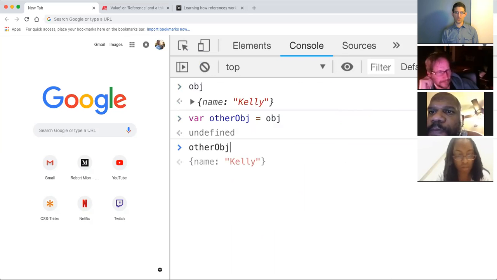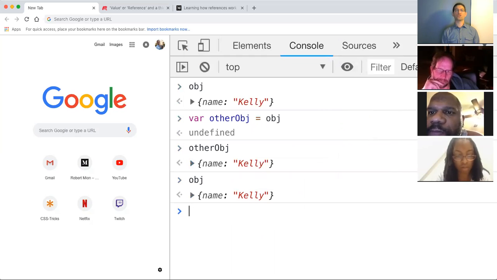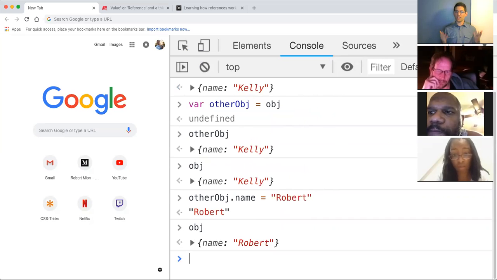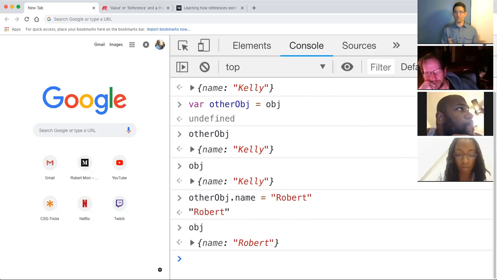So now other obj is the same object. Obj is that object. So if I say other obj dot name equals Robert, well then, oh my goodness, I changed obj without maybe realizing it. Probably not good. So again, it's objects and arrays. When you store one in the other with their variable names and passing into functions, you run the risk of potentially changing them when you may have thought, oh, I'm passing it in, it's always going to make a duplicate,